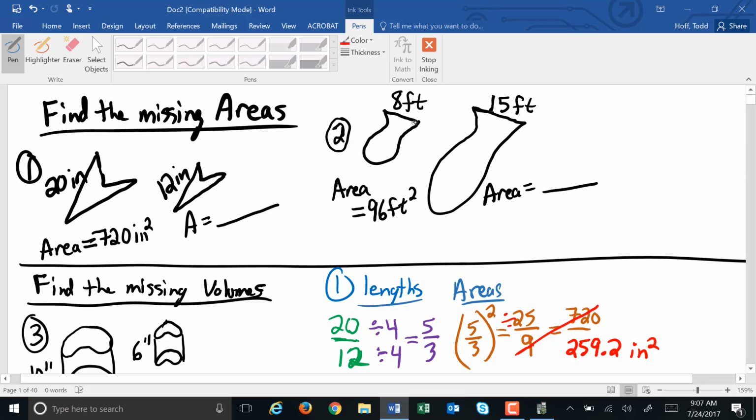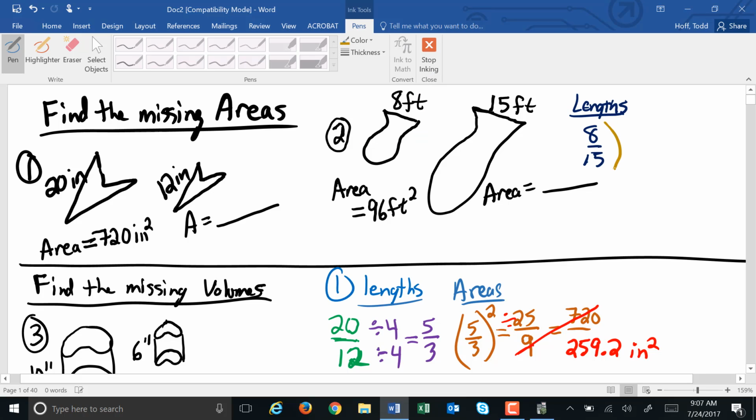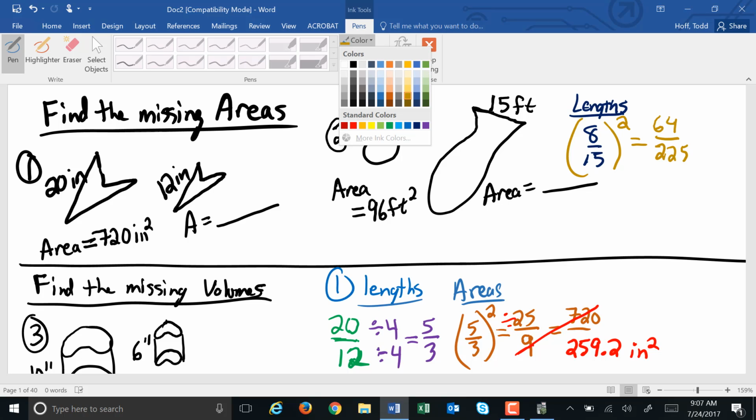Number 2 up here. Ratio of lengths is going to be what? 8 over 15. That one can't be reduced. So let's turn it into a ratio of areas. What am I going to do to it? Square it. So that's going to become, perfect, 64 over 225. And we're going to let that equal